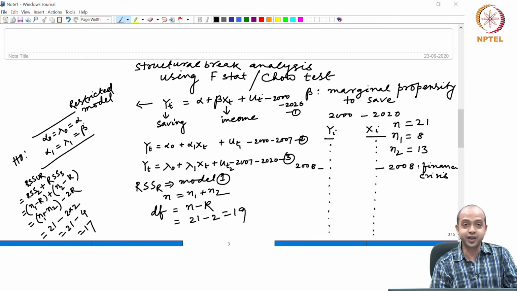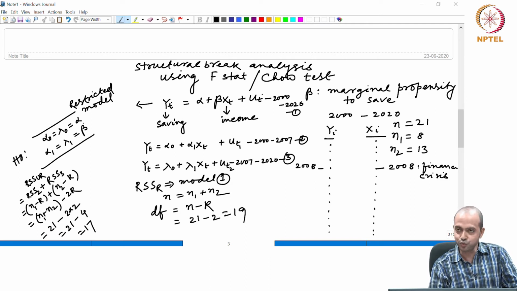That is not my alternative hypothesis. Alternative hypothesis should be that at least one among these two parameters is different. So there would be either a change in slope or a change in intercept or a change in both. If changes are there in both, that is well and good, but that is not my alternative. My alternative is always either a change in the slope or a change in the intercept